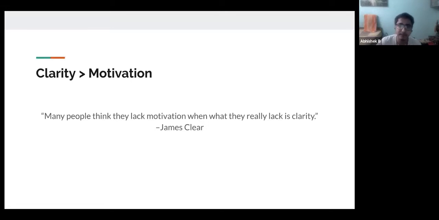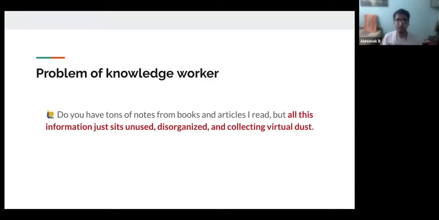I think that's one of the reasons why I feel there's value in investing in this system. This is a productivity system, like many systems, but I feel this is very much essential in how we are working in this new age where we are dealing with a lot of information. So as I mentioned, this is one of the banes of being a knowledge worker.